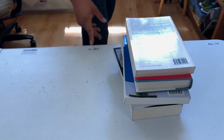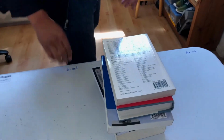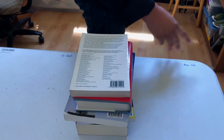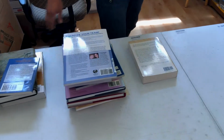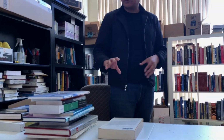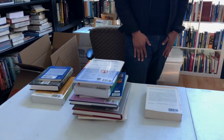This would be books that have a dedication or a name or an inscription written inside the front cover. This would be our acceptable books. We also have a section here for acceptable ex-library books. We've gone ahead and graded the books and put them into piles here, and it helps to compartmentalize all of these different processes, and we find that by doing it that way we're able to save a lot of